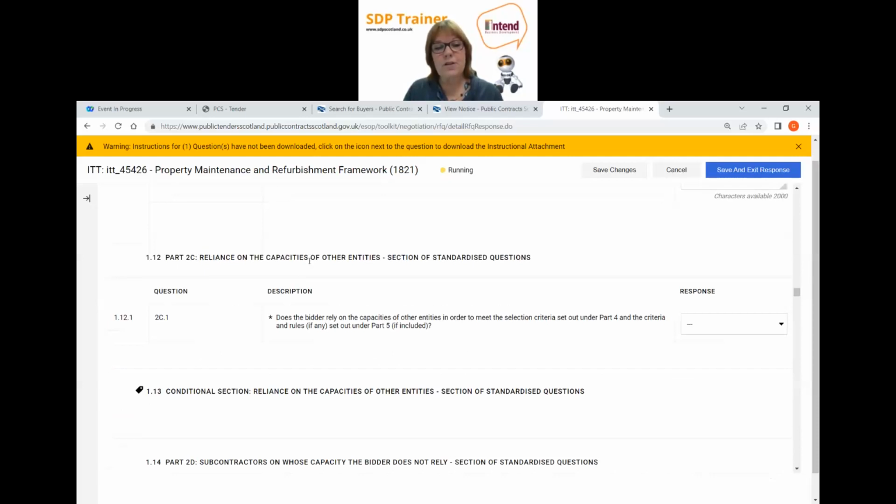And this part here, 2C, now this again is quite important, but it's very jargony in the way that it's written. If, for example, the selection criteria will include providing a number of projects, or maybe a certification of some description, and it's something that your subcontractor has and you don't, then you need to technically rely on them in order to meet those criteria. So if you say yes to that,